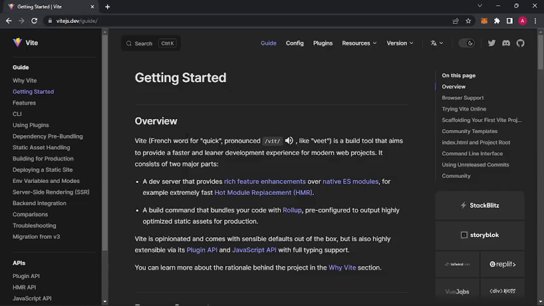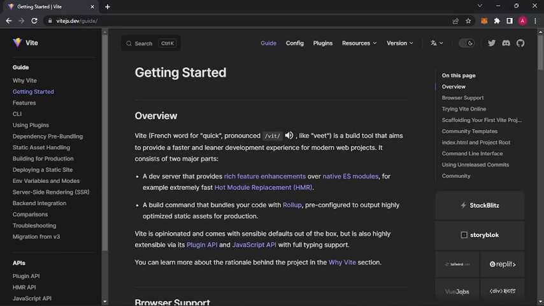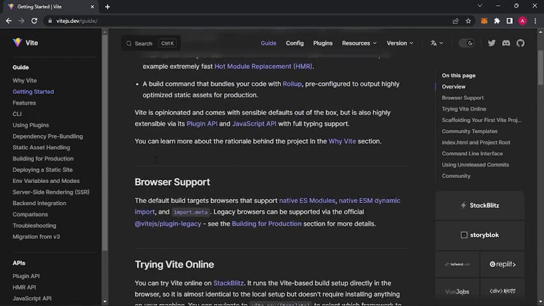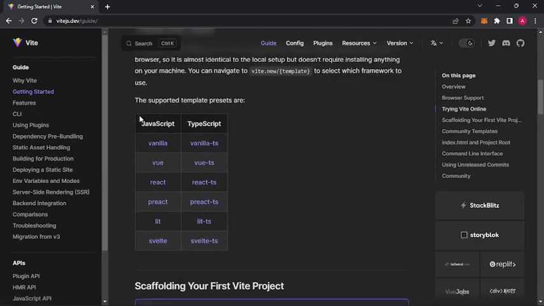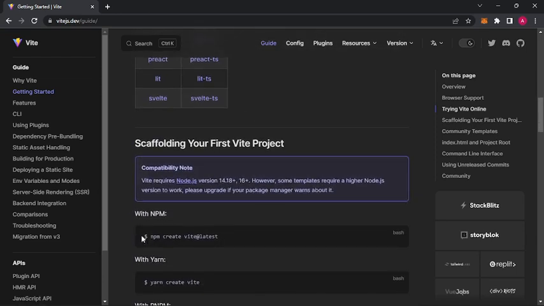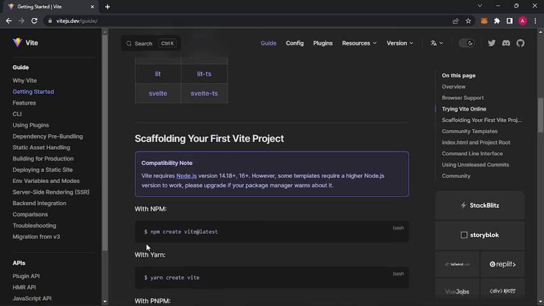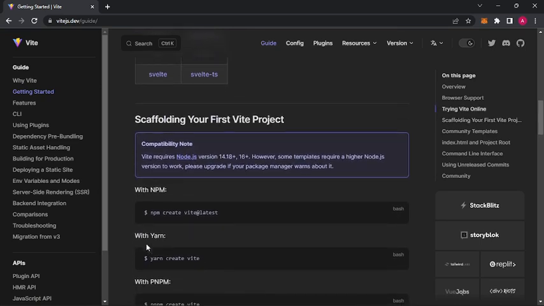So for installing React, I'm going to be using Vite, and Vite just provides a faster and leaner development experience for modern web projects. It is not only for React, but we can definitely use it for React. Like it is stated here, the supported template presets are vanilla JavaScript, TypeScript, Vue, React, Preact, Lit, and Svelte. But I don't like to go too deep into Vite right now, as the only thing we need here is just npm create vite@latest. So if you have npm installed,